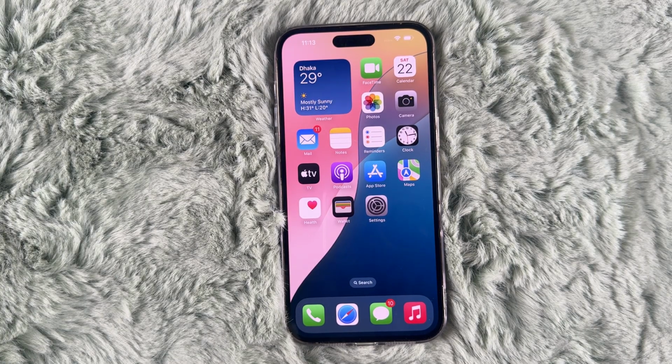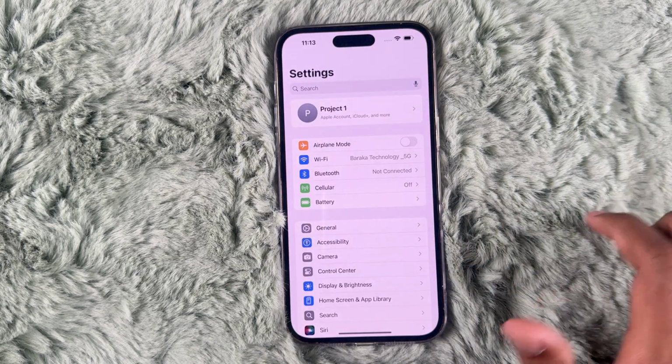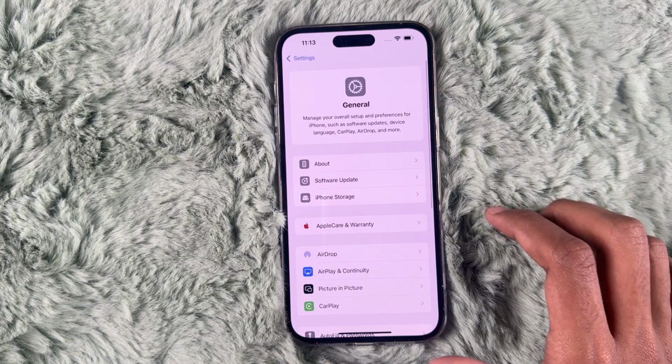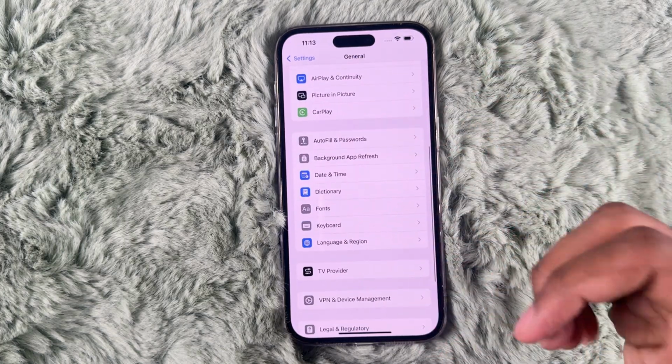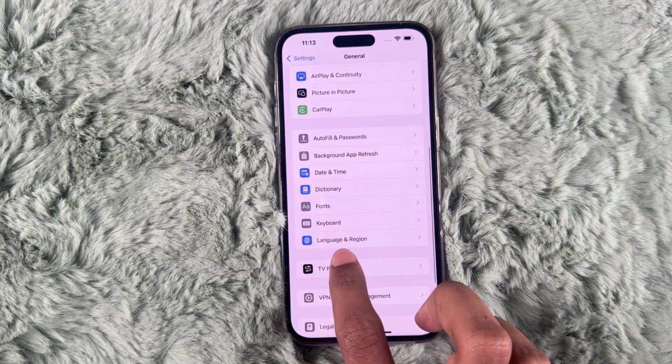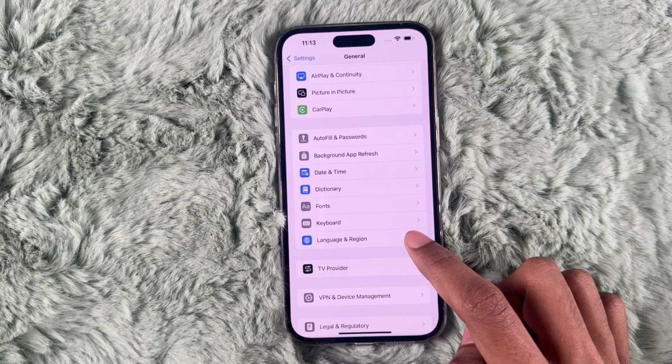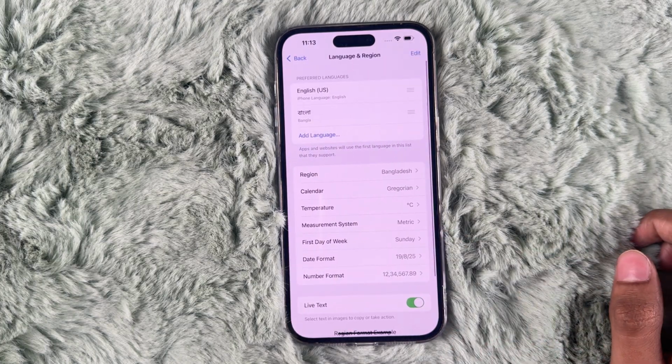So let's get started. First of all, you have to open settings on your iPhone, then go to general and scroll down and tap onto language and region. As you can see, this option called language and region, you just have to simply tap onto it and then